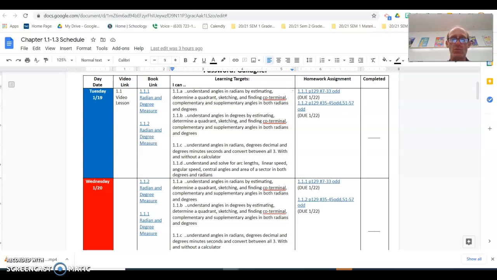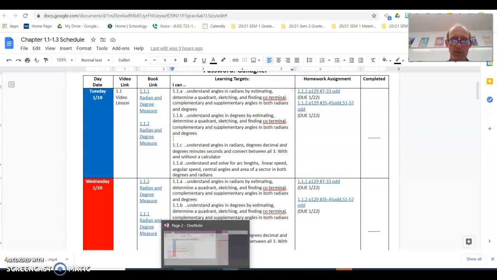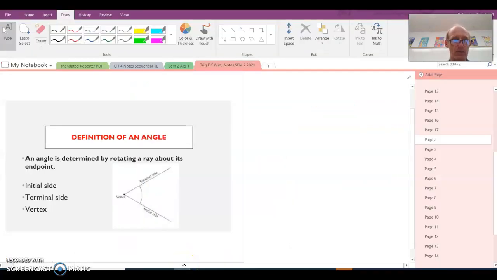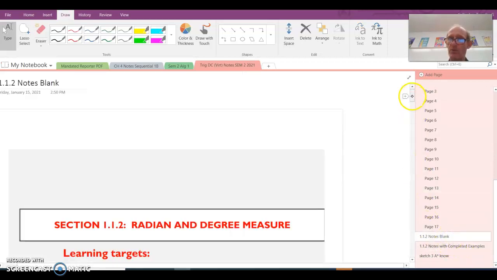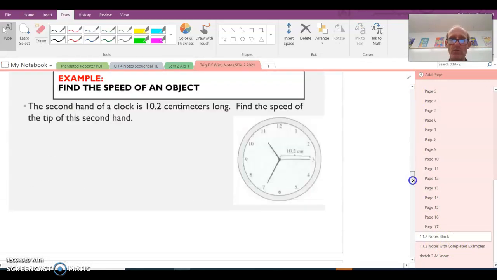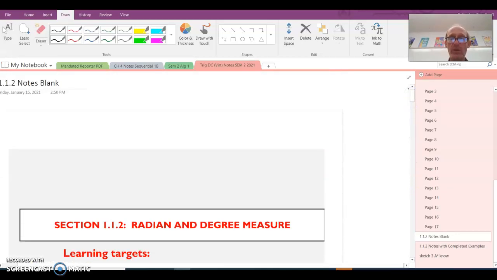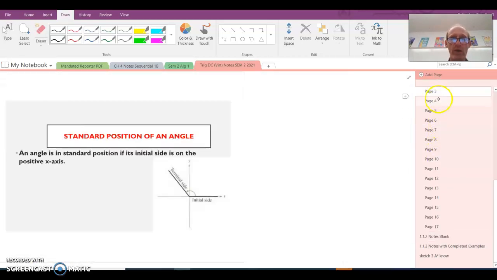Okay, so this video will be going through the Google slide notes for 1.1.1. In 1.1.2, we will talk about how that's going to work, okay? So these are the 1.1.2 notes. Okie dokie. So 1.1.1